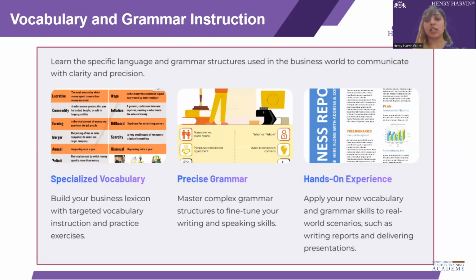Learn the specific language and grammar structure, if required at all. Grammar is a very vast topic, so you can't include everything related to it. You need to analyze the need for teaching them grammar: what exactly are they missing? Is there a problem with prepositions, or are articles something they're not using correctly? This will all come in needs analysis. So in a very precise manner, you will have to use grammar as well. A lot of the time people have problems using homophones, and other common errors that a lot of people make in grammar, even we make at times.